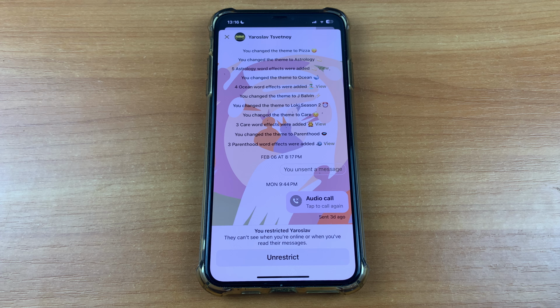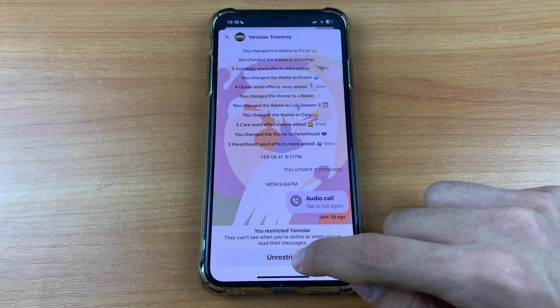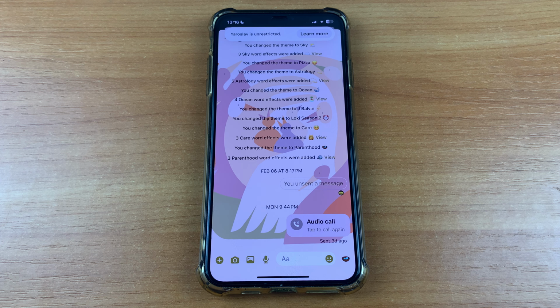and here you can go to this button in the upper left corner, click settings. After that you need to click privacy and safety, scroll down and click restricted accounts, and here you can find this restricted account, and if you want to unrestrict, click to this chat and click unrestrict. And that's all. This is a very easy way to do.